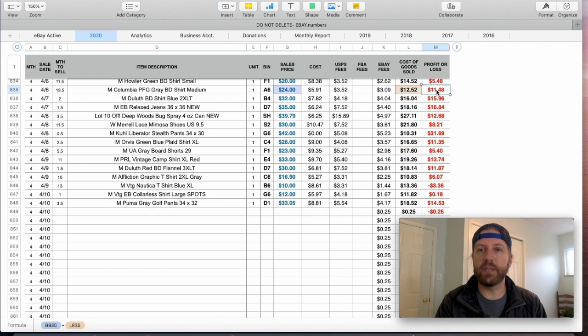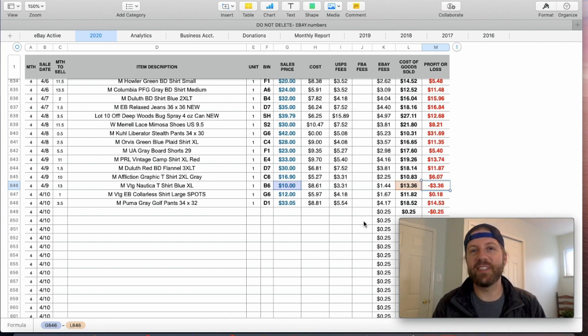And if you look up here, you see $11.48, $15.96, $16.84, $12.68, $8.21. So some of these items, you can see on this vintage Nautica shirt, it was one from 13 months ago. I took a loss of $3.30. I tried my hand at vintage t-shirts and I just didn't do well. So that was an item I just wanted to get out of. So I sold it for 10 bucks. But